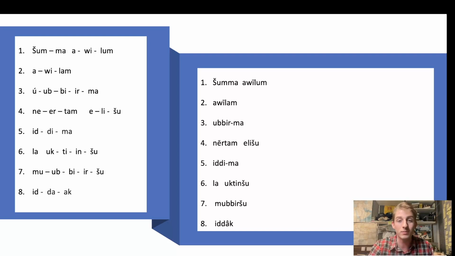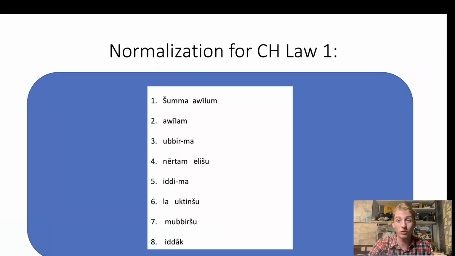We'll talk about this later in the series, but for right now, just know that it's basically going to function like a long A sound. So here we have our normalization for Law 1 of Hammurabi's code, and now we're going to translate the Akkadian